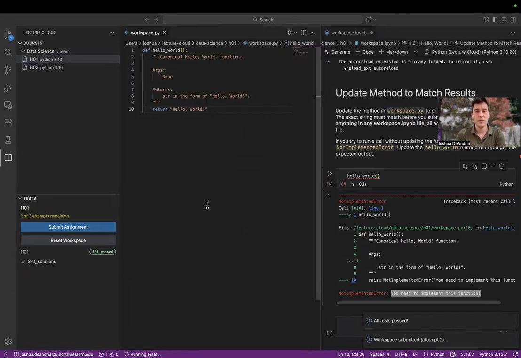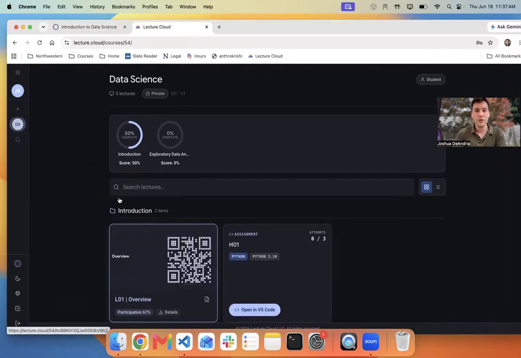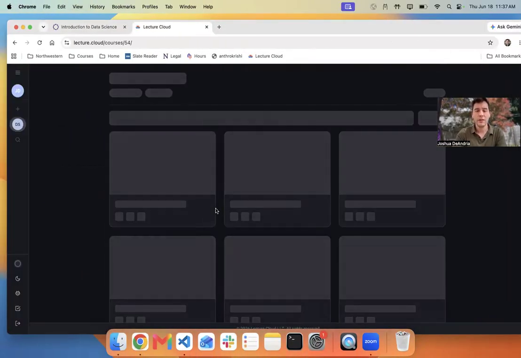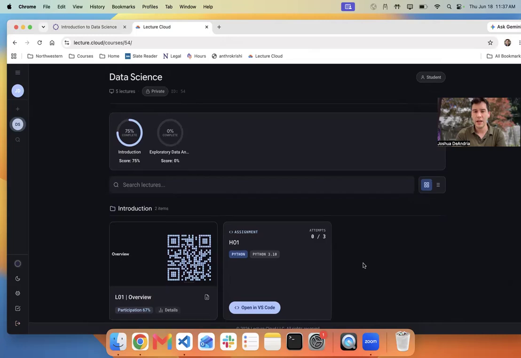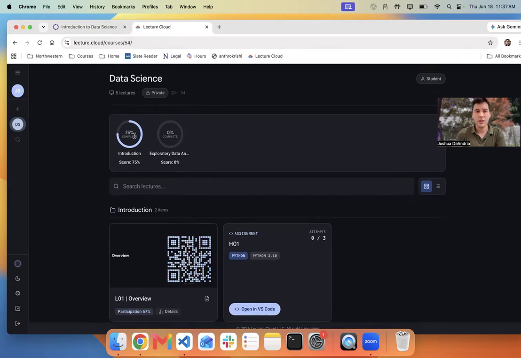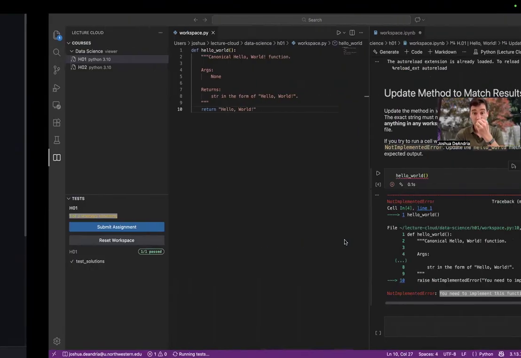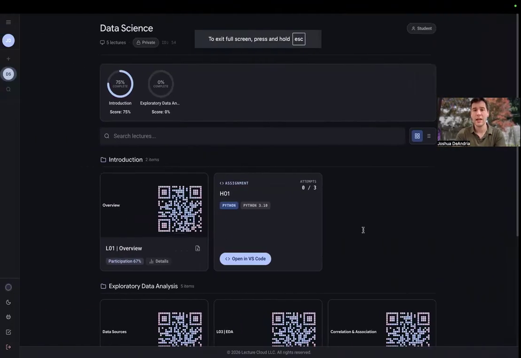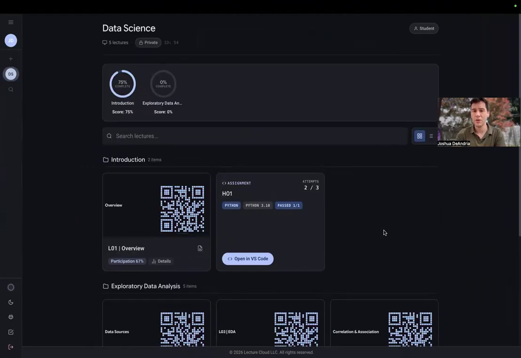So if you want to track your overall progress, one, you can see how many attempts you have remaining here in the tests column. But two, you can actually see that the Lecture Cloud portal will update, and it'll let you know what type of results you're getting on your homework. So you can see it here, you can see which tests pass, and then it'll also update over here inside the portal and let you know, good, we're passing 1 out of 1,